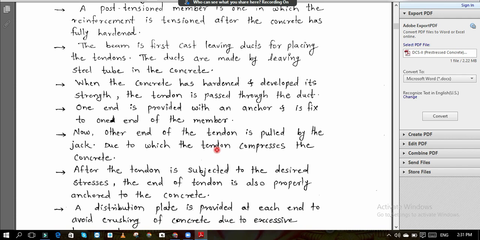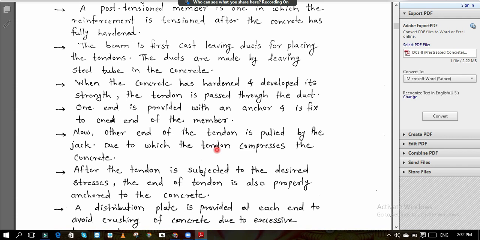ओके, सिर्फ फर्क इतना है कि पोस्ट टेंशनिंग में हम ये सब कब करते हैं, आफ्टर पोरिंग द कंक्रीट. एंड प्री टेंशनिंग में क्या है, बिफोर पोरिंग द कंक्रीट वी विल डू एवरीथिंग. इन पोस्ट टेंशनिंग ओनली देयर इज अ माइनर चेंज, आफ्टर पोरिंग द कंक्रीट वी विल डू दिस. ओके, सो हम कंक्रीट करते टाइम पे क्या ध्यान रखेंगे, वी विल इंसर्ट अ हॉलो स्टील ट्यूब इन दैट बीम so that some space will be there to insert that tendon.